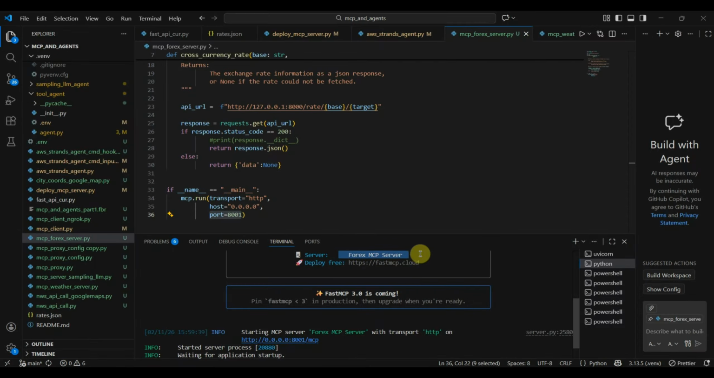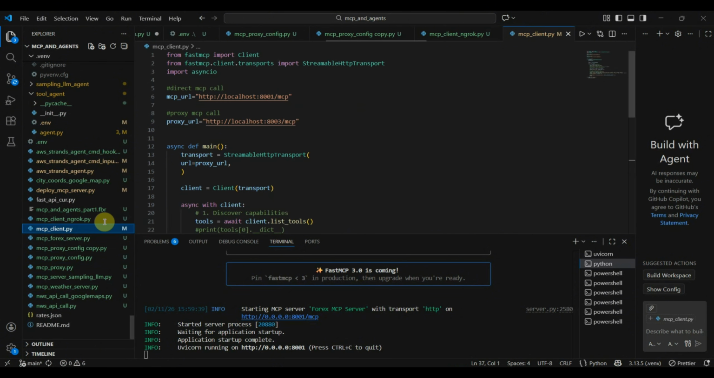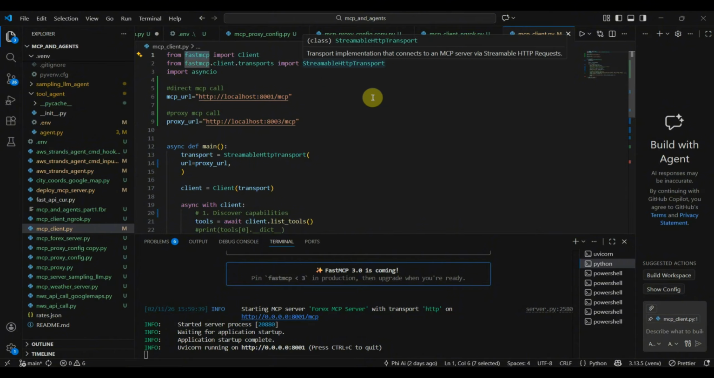Now we can see that our Forex MCP server is successfully deployed and available at localhost port 8001. And now let's do the testing. At this point, let me create a simple client. I will import a client class from the fastMCP library. And as we have selected Streamable HTTP as our transport type, I will also import StreamableHttpTransport from fastMCP